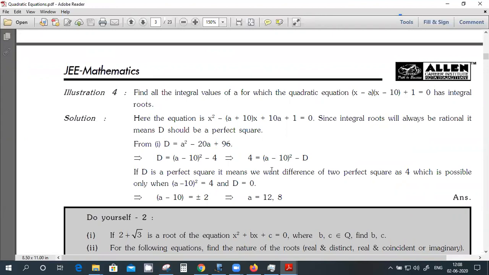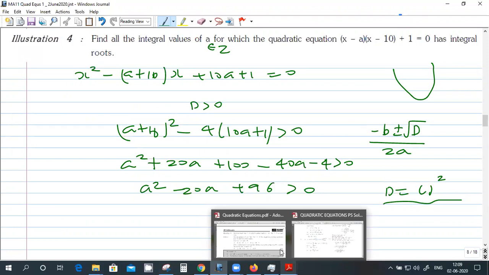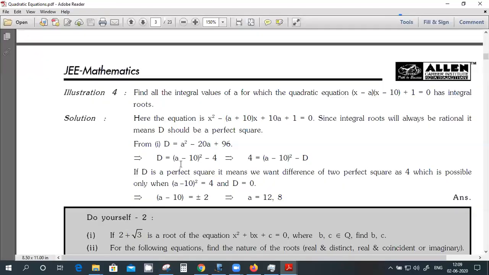Okay, here there is a shortcut. This equation we got, the discriminant is this one. By the method of completing squares, you can rewrite it like this. From this you can see, and we want D to be a perfect square. That's what we want. D should be a perfect square, only then the roots will be integral. So for D to be a perfect square,